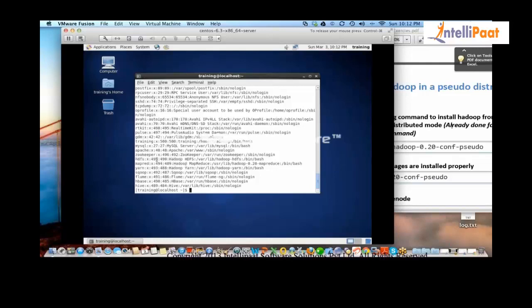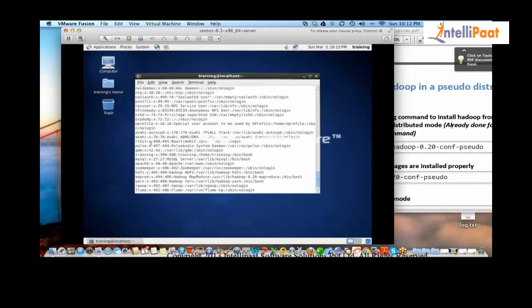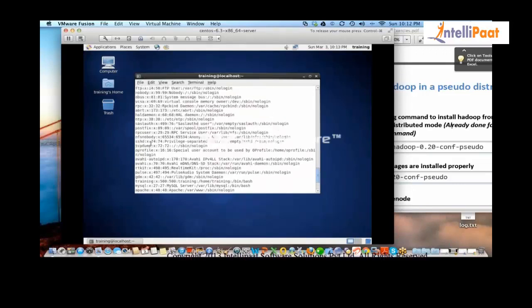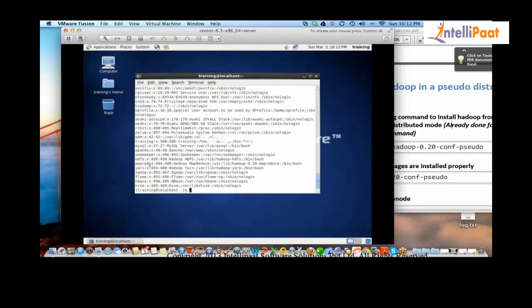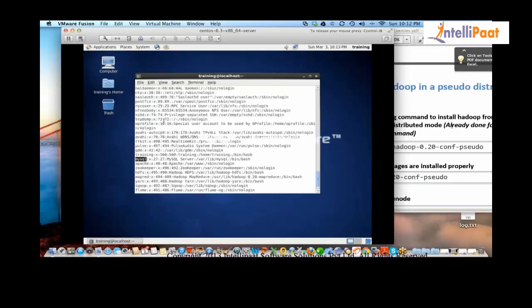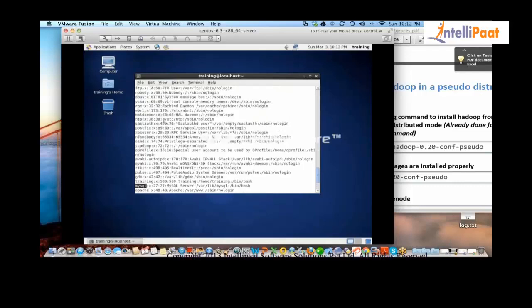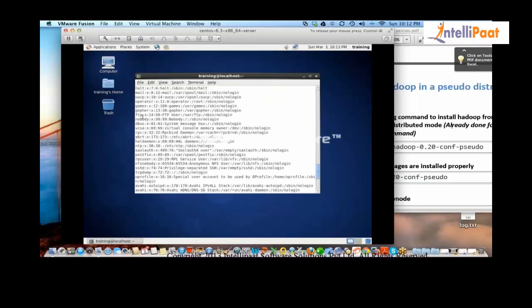Now, these are users, but they don't belong to you in any way, because most of the software that gets installed on your machine, let's say MySQL, runs as the MySQL user. So when you install software on Linux, most of it will create its own user for working. So these are all the users that get created. For FTP, the user is called FTP.